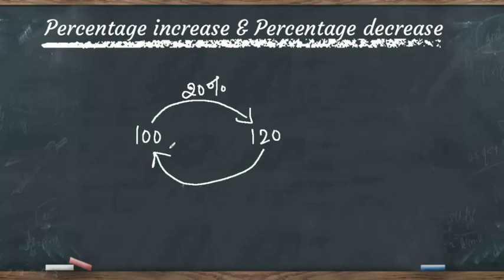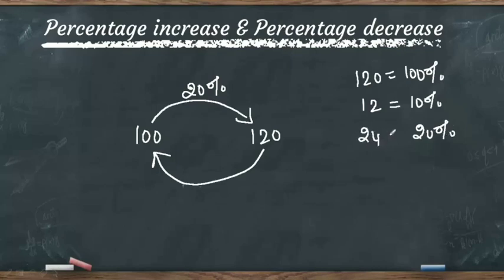But my question is, if I reduce 20% from 120, will I get the 100 back? Definitely not. Because from 120, which is the actual value, how do you calculate the 20%? If 120 is the actual value, 10% of 120 is nothing but 1 decimal before, which makes it as 12. If 10% is 12, then 20% is nothing but 24. So if I reduce 20% from 120, I will not get 100. So how much should I reduce from 120 in order to get 100 back?